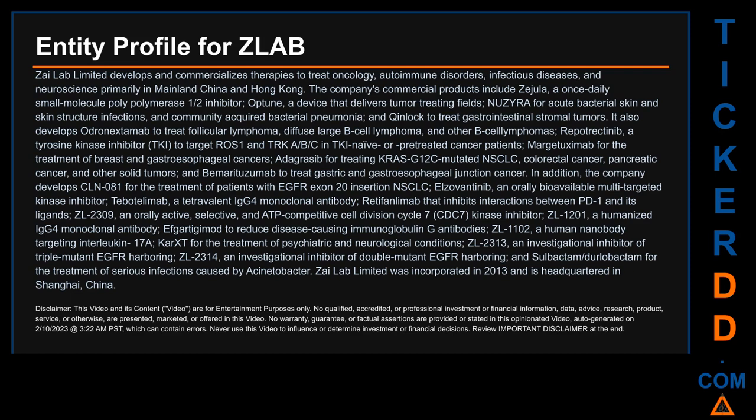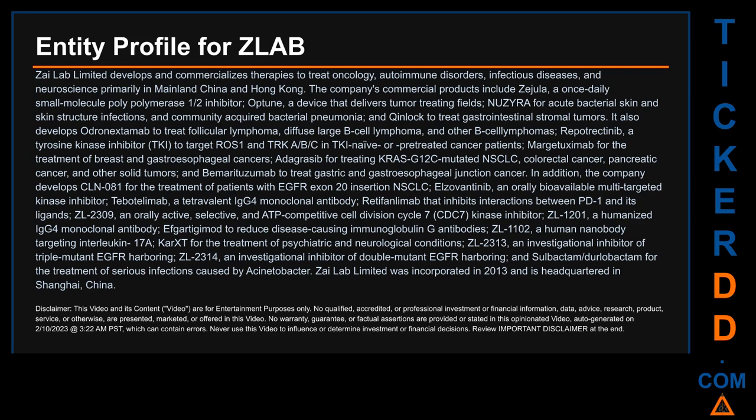In addition, the company develops CLN-081 for the treatment of patients with EGFR exon 20 insertion NSCLC, elzovantinib, an orally bioavailable multi-targeted kinase inhibitor, tebotelimab, a tetravalent IgG4 monoclonal antibody, and retifanlimab that inhibits interactions between PD-1 and its ligands,